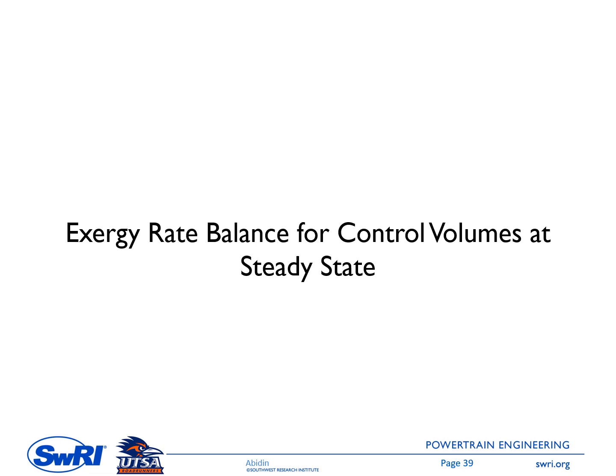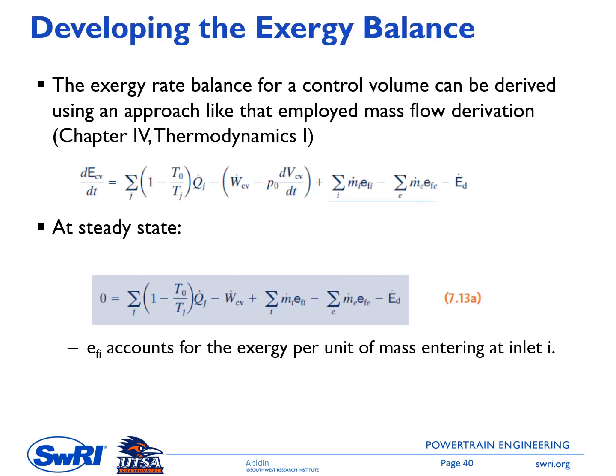Okay, the next subtopic is exergy rate balance for control volume at steady state. Control volume means the volume is constant, but mass can flow across the boundary of the system. Let's take a look at how this exergy balance is developed for a control volume system. The exergy rate balance for a control volume can be derived using an approach like that employed in the mass flow derivation in chapter 4. So I suggest you have a quick look in chapter 4